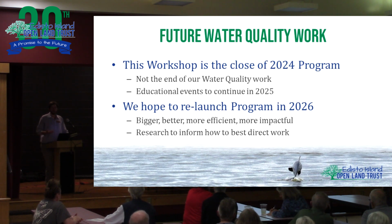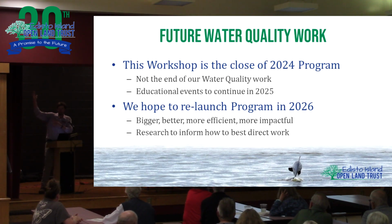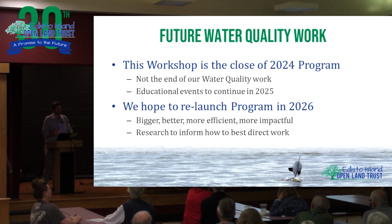This workshop here today is the close of our 2024 program, but it's not going to be the end of our water quality work. We're going to continue incorporating this into our outreach work for the rest of 2025 going forward until we have these water quality issues under control, and then we'll keep doing that ad nauseum in perpetuity into the future to make sure that we don't lose the ground that we have been able to make there. And we hope to relaunch this program bigger and better in 2026, make it more efficient, make it more impactful,